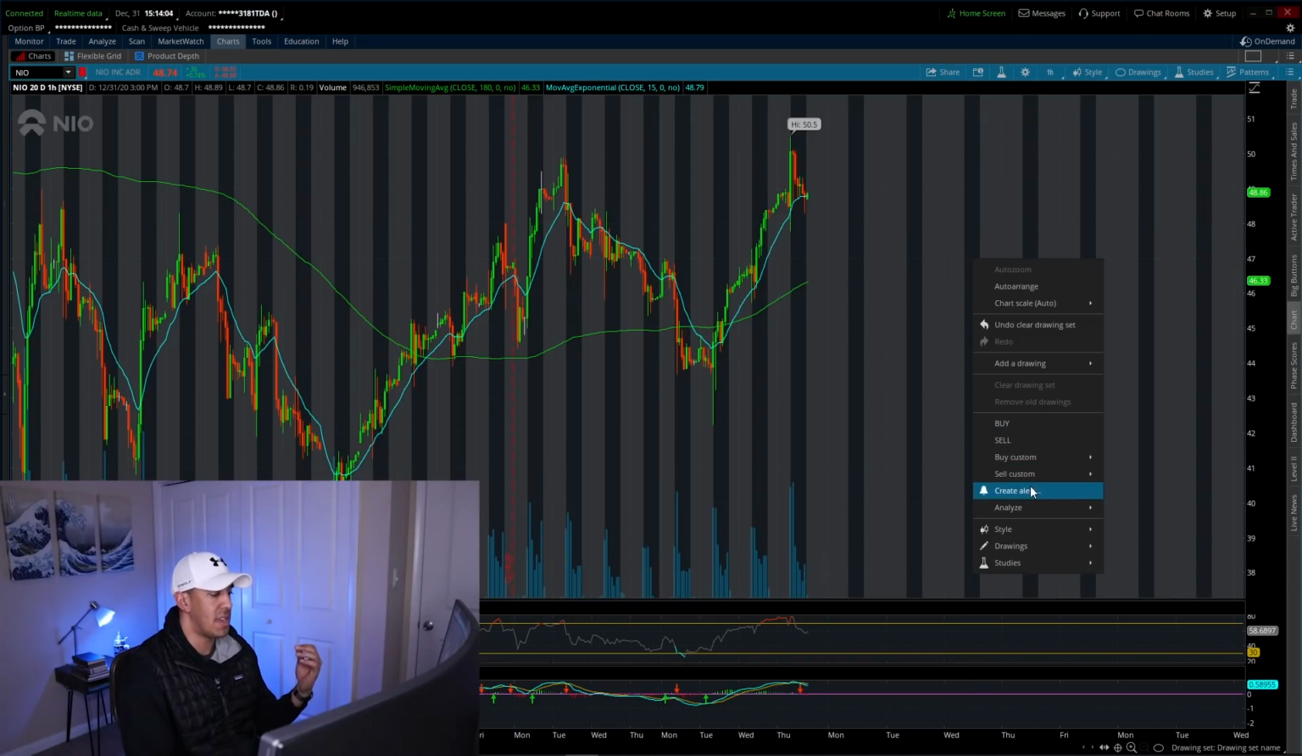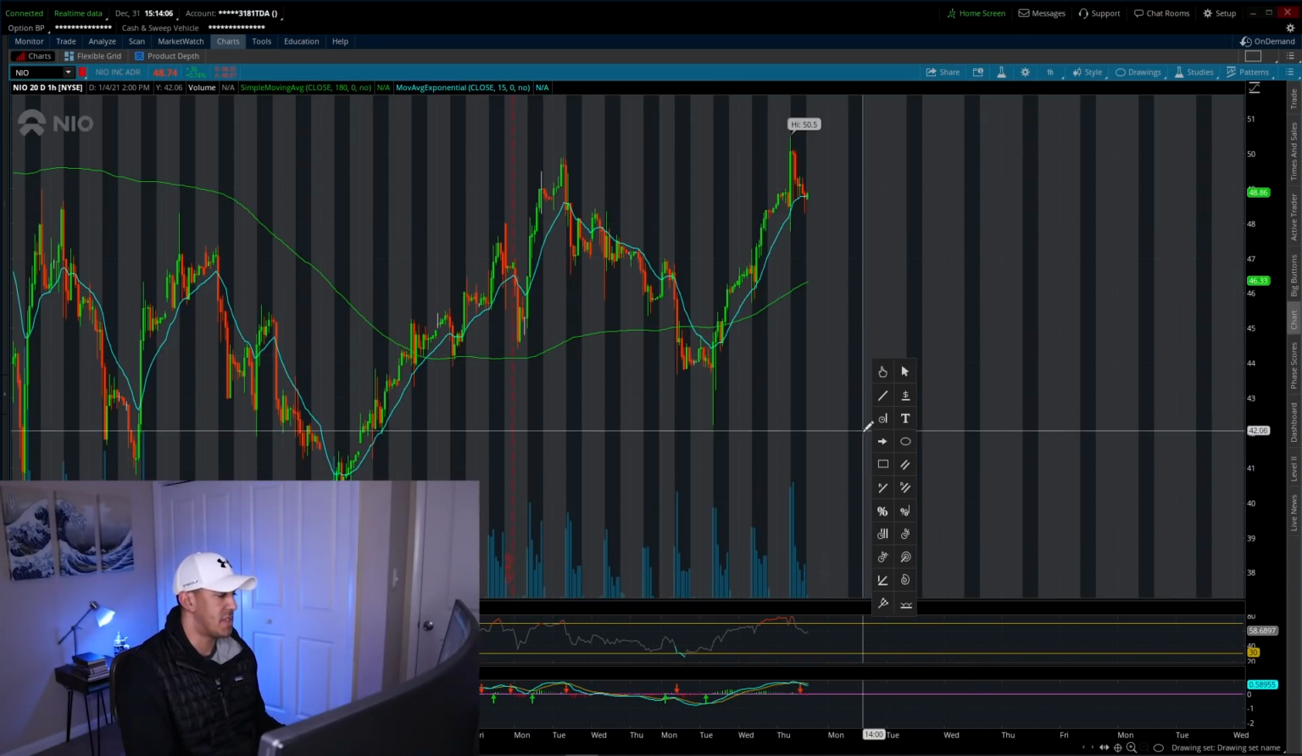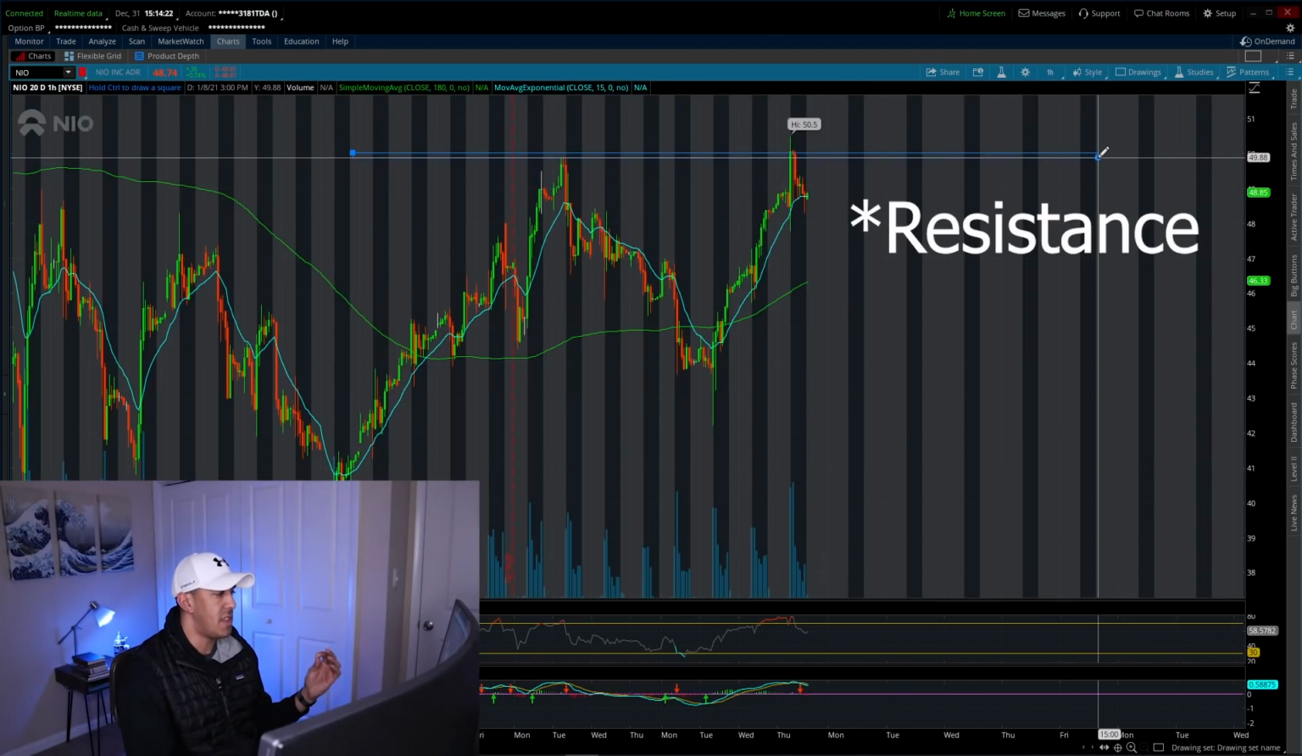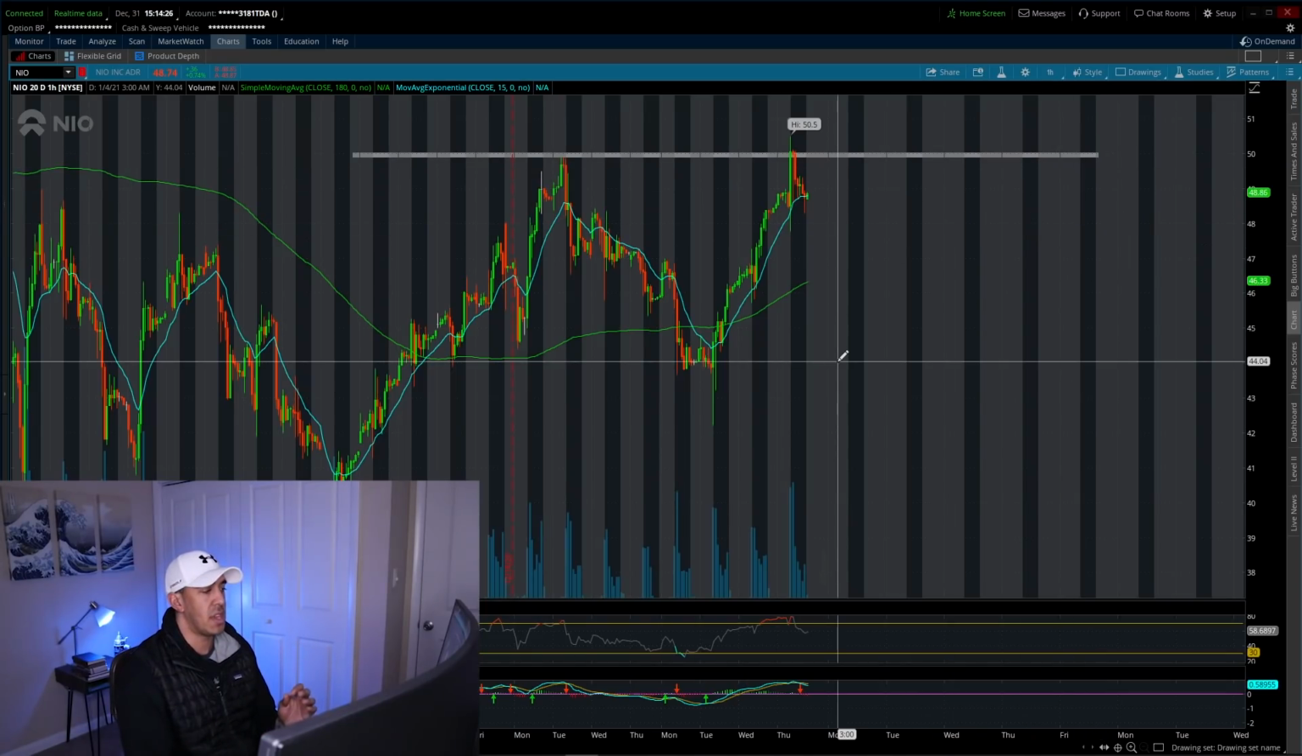So right off the bat, I'm identifying some key support and resistance levels. I'm seeing a strong support, which is where we tested today at about that $50 mark. Now, here's one point I want to make about taking a step back and looking at all different types